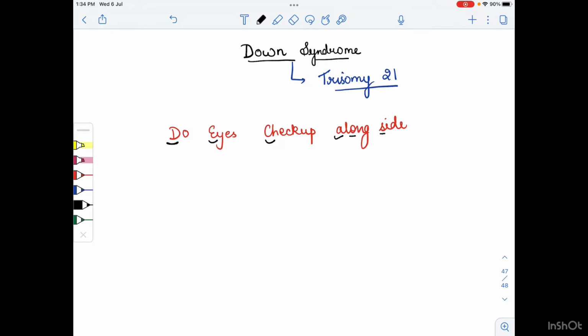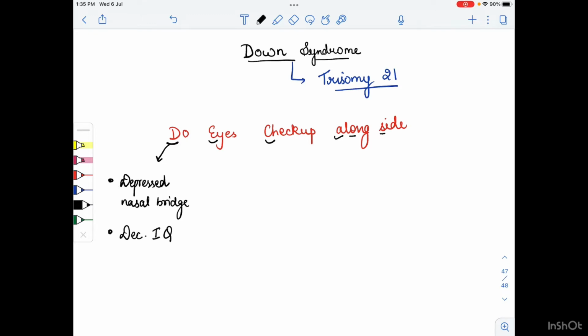For the letter D, there is depressed nasal bridge. So in this, a depressed nasal bridge will be there. Next, D stands for decreased